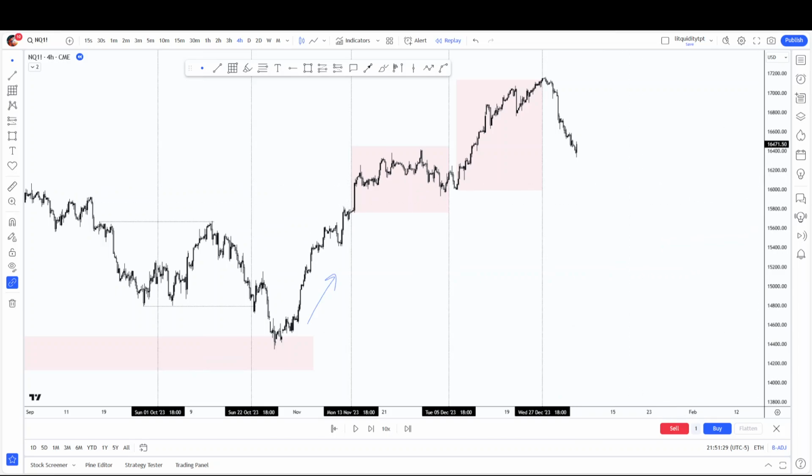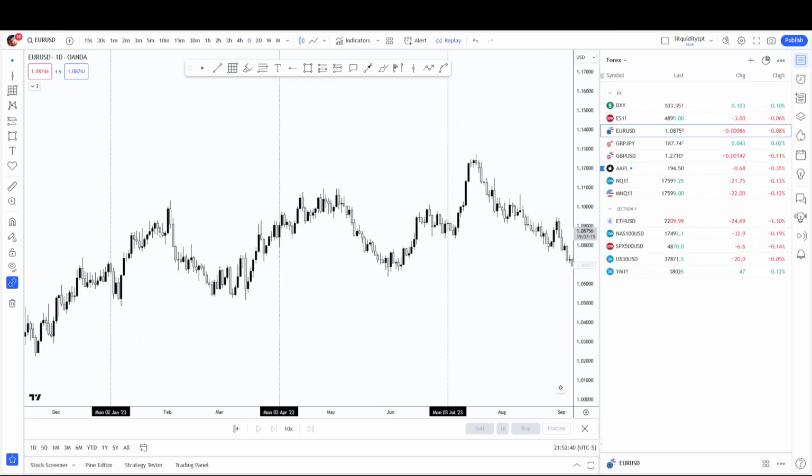Now let's look at an example from Forex. Okay, so as you can see, I have marked out the first trading day of January 2023, which is the 2nd of January, which is Monday. So this will go into quarters, right? This will be our accumulation, and then the manipulation starts during the next season, right, which is April, the first trading day of April. We get a manipulation right here,